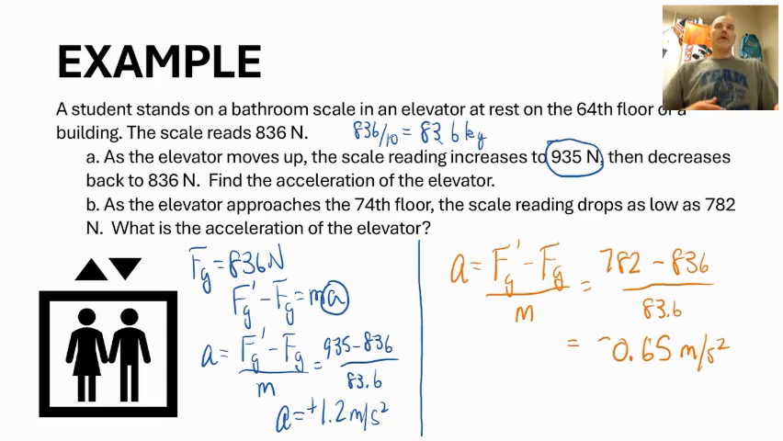All right, so that's going to be the end of this video, which is gravitational force. The next one's going to be a big one. That's going to be our static and kinetic